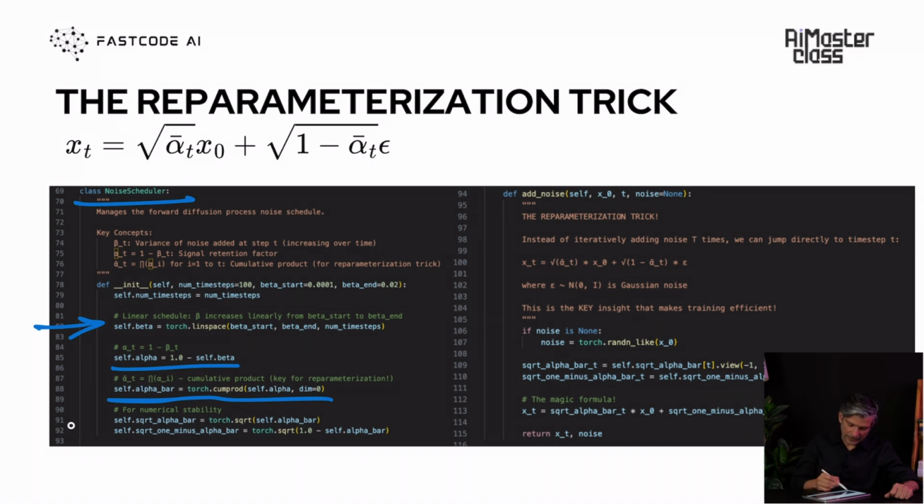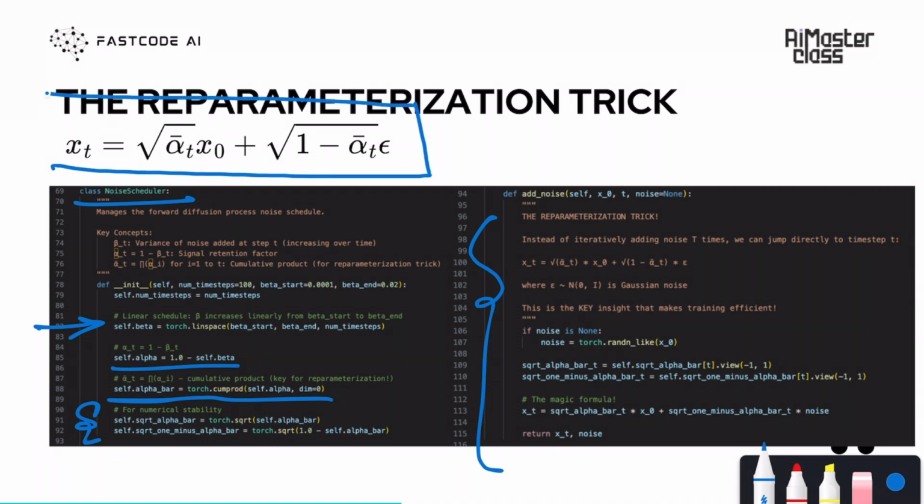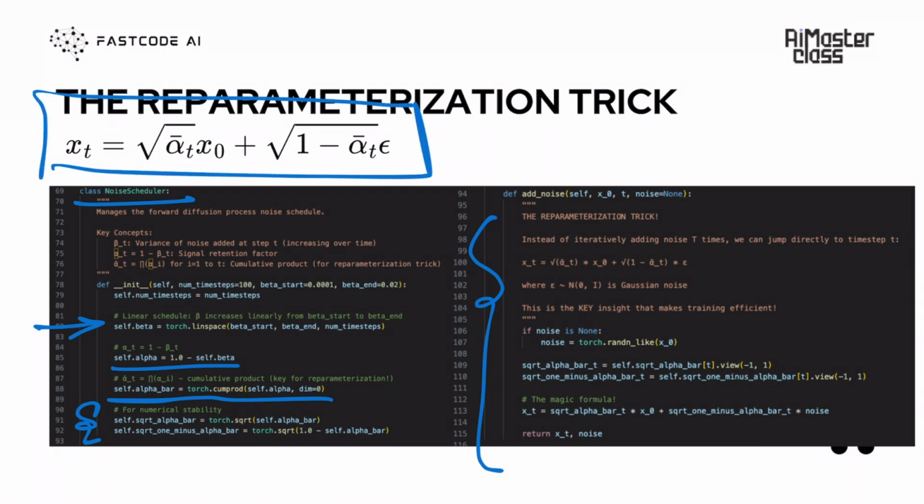And then for numerical stability, we do some simple things. And then this is where we add noise. And this is where we use this reparameterization trick. And look what we're doing here. So we are saying square root alpha bar t is essentially your square root alpha bar t, and we are doing many of them together, right?